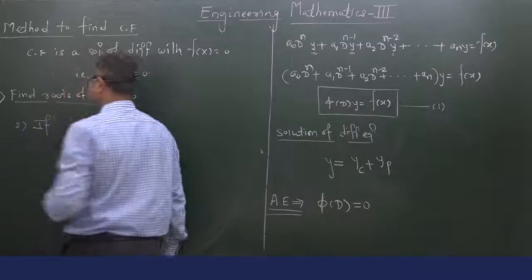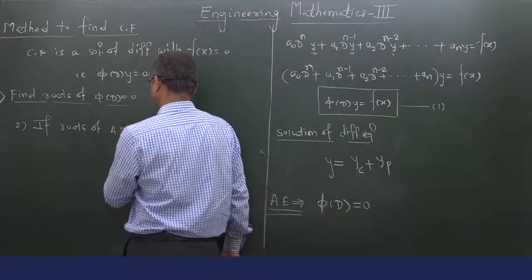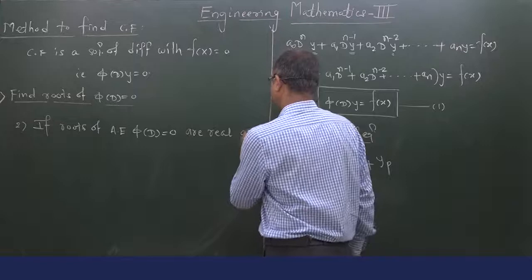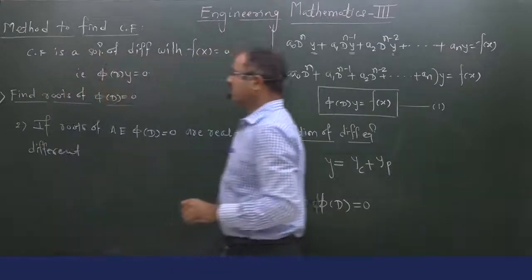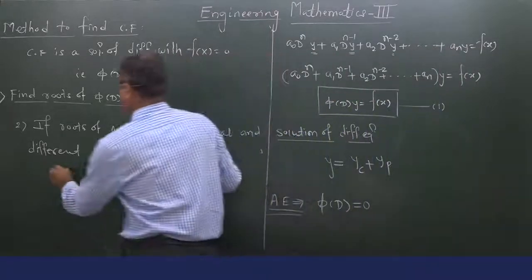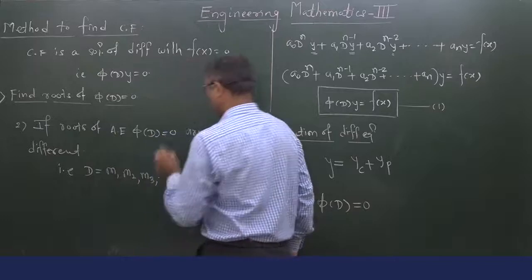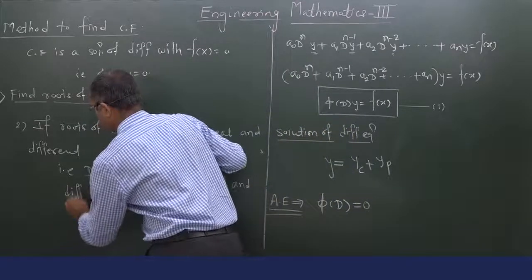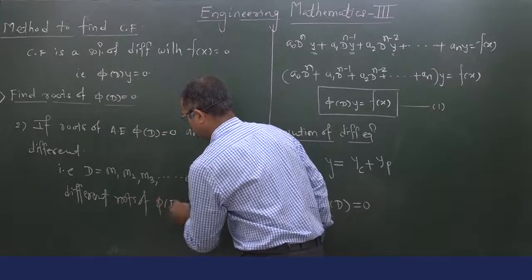Now if the roots of the auxiliary equation phi of D equal to 0 are real and unequal, that is, suppose D equal to m1, m2, m3 and so on up to mn are real and different roots of phi of D equal to 0, then